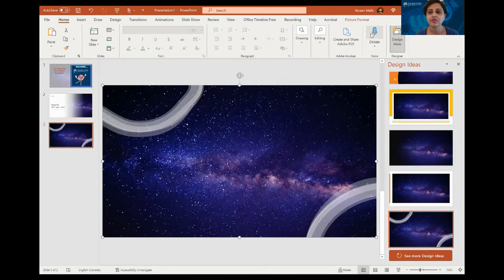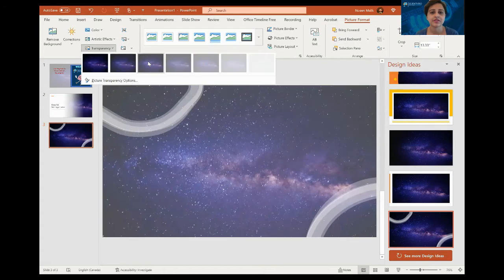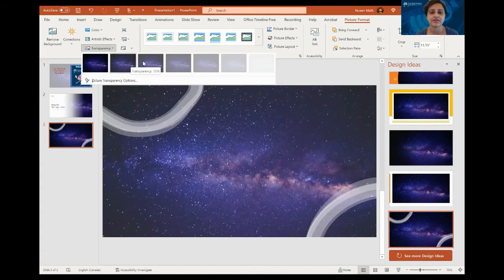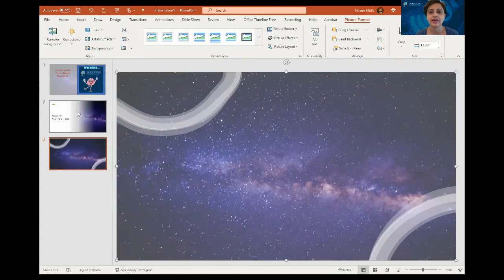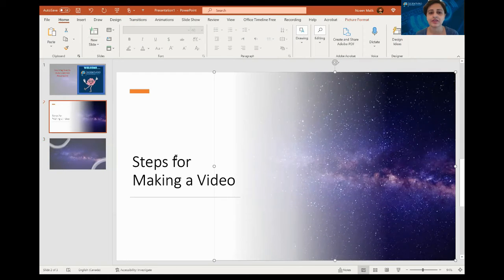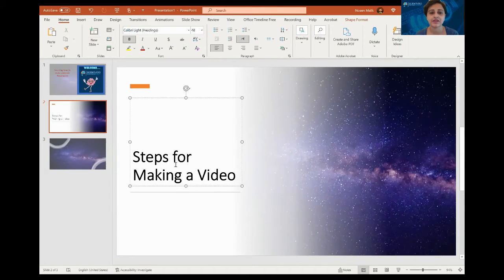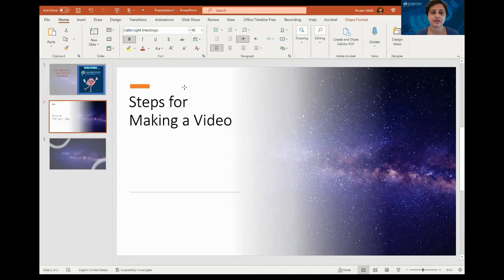And then of course you can still make your picture lighter. So I will go to the transparency. I will make it a little lighter, like this. Here I don't want to make it lighter, so it is okay. Here I will write steps for making a video. I will copy. Let me move it up and down like this, and then it can go up here in the alignment like this. Okay,